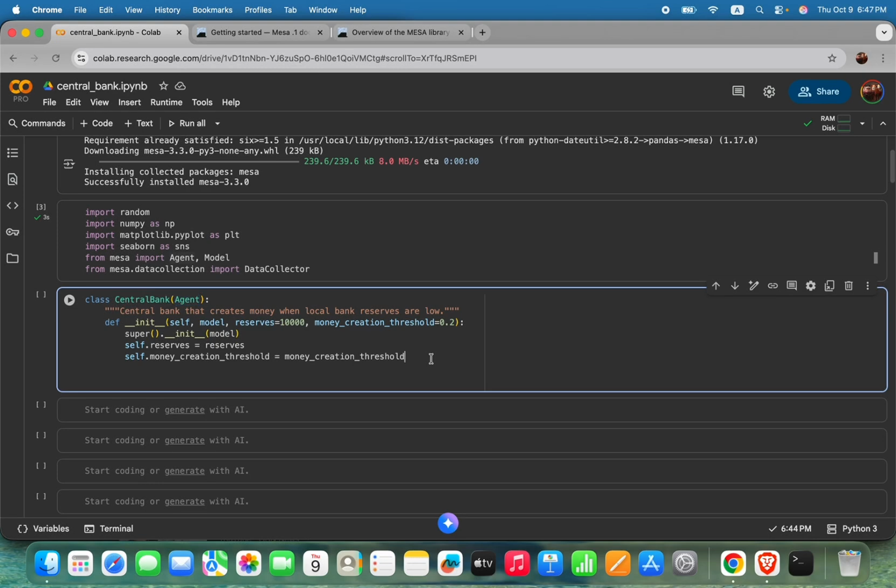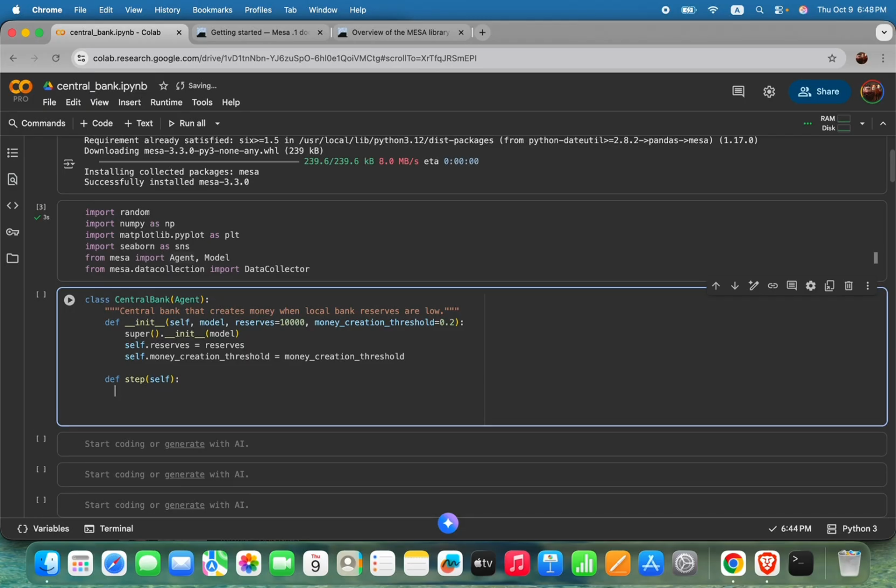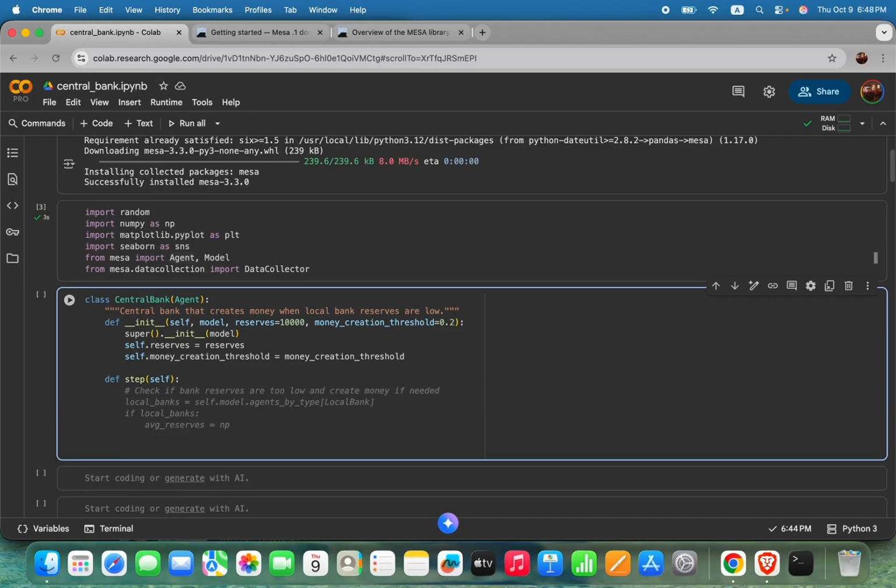So the step in this case will act on the central bank itself. So define step and self, okay, and then we have to say check,